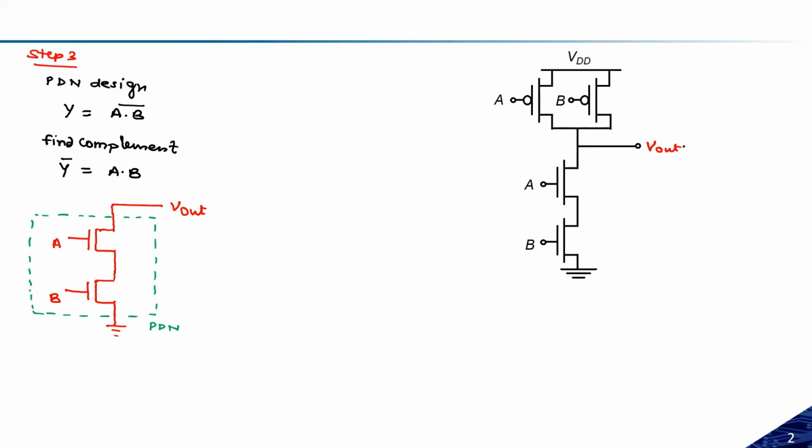Sir, in this also we will follow that the pull-up network will be made only of PMOS? Yes, I already told you why. If I'm talking about CMOS based circuits, we always consider the pull-up network to be made of PMOS transistors, because we need maximum noise margin, and to achieve maximum noise margin we must use PMOS transistors in the pull-up network, otherwise there will be a threshold voltage drop. So the best design practice is that PMOS transistors should be in the pull-up network and NMOS transistors in the pull-down network, so that we can achieve the maximum noise margin.